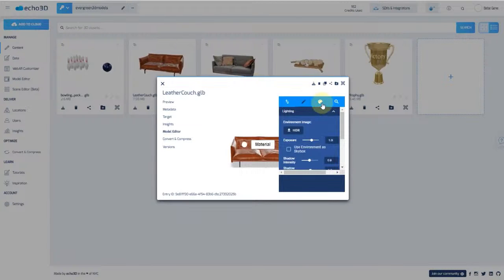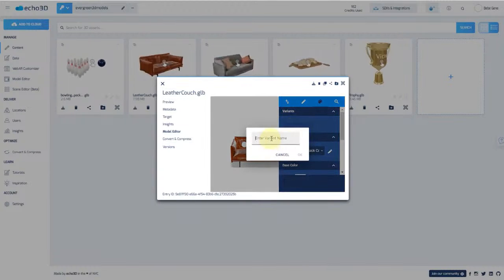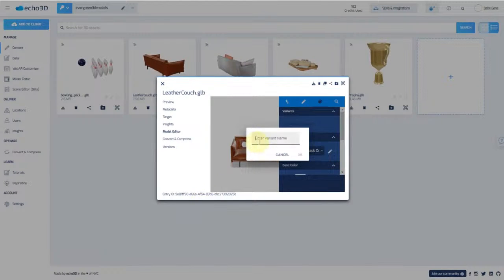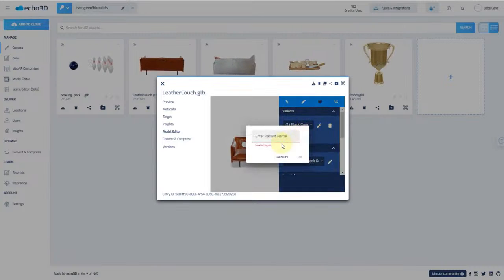And next we're going to go over here to the materials where we can create a variant. What this does is it basically creates a different version of the same model based on the changes that you have here. And like I mentioned earlier, it won't change the entry ID or the API key. So that means that you can have different versions of the same model and you can update them directly through your browser and all of the changes apply directly. So it's basically like having several models in one. So we're going to create a couple of variants and I'll show you how these work.